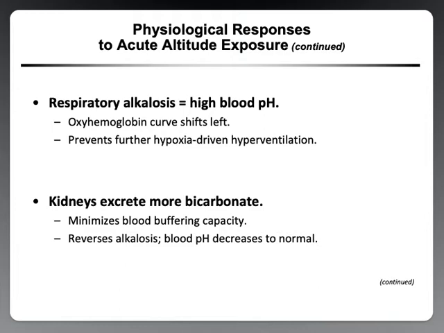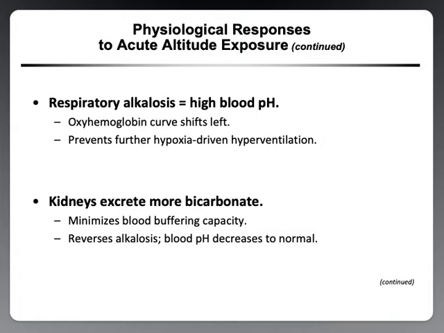So remember, we're blowing off more CO2. We have less CO2 in the blood, and therefore our blood pH is going to rise. And as a result of this, the kidneys excrete more bicarbonate, which we mentioned earlier is one of the buffering systems internal to the body. So this minimizes the blood buffering capacity, and you're peeing out more bicarbonate, and hopefully this will restore your pH